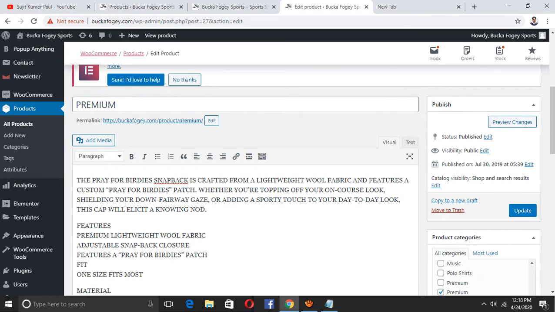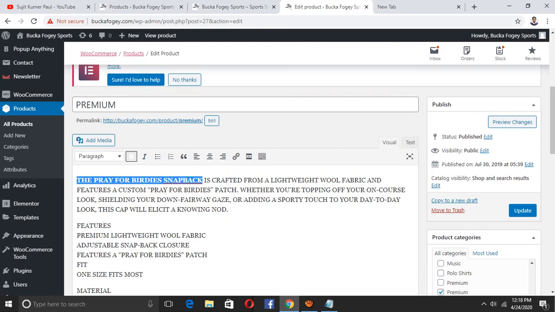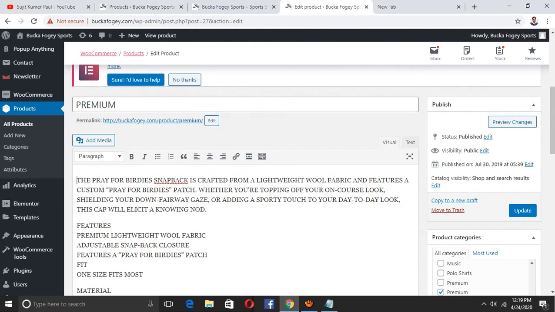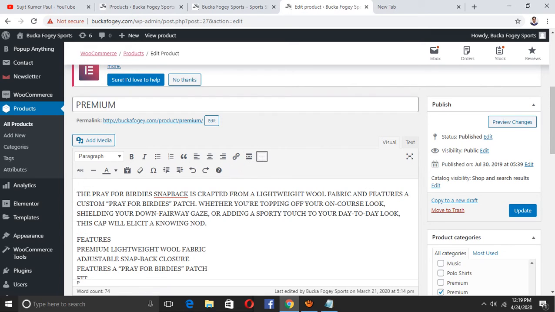If you want to highlight any information, you can make it bold. If you want to update or change it, you can see bold here.